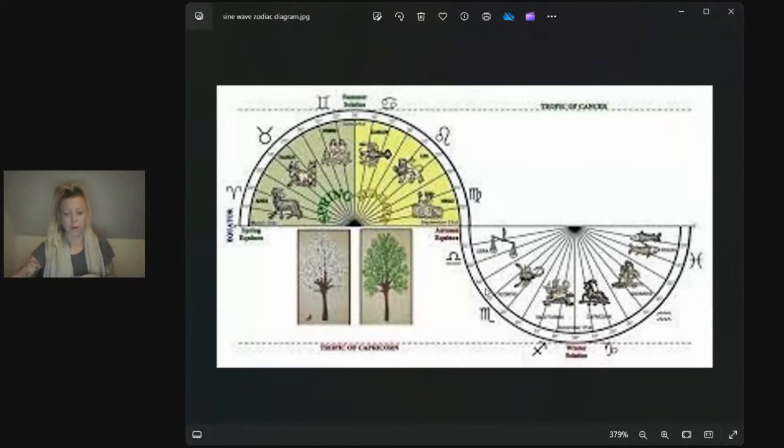I've talked about this before. Oh, there it is. Okay, so the sun's ecliptical path that it travels above us within the firmament local, when you graph it out or map it out, this is what it looks like, right? And so on the 20th of March of every single year, we have in the Northern Hemisphere, the 21st in